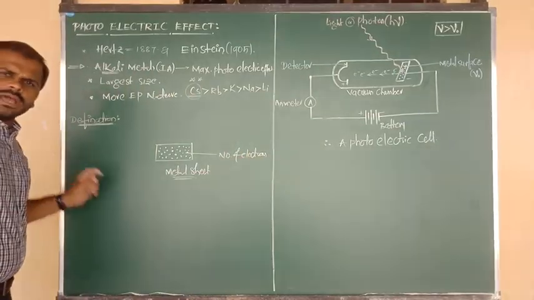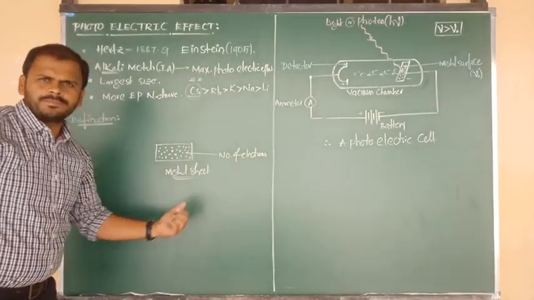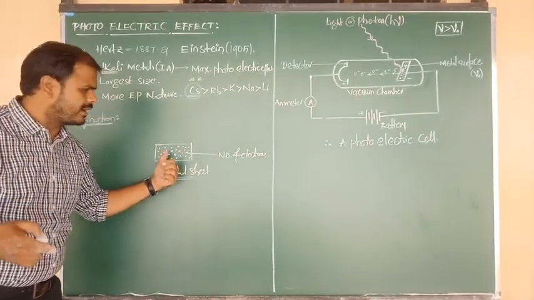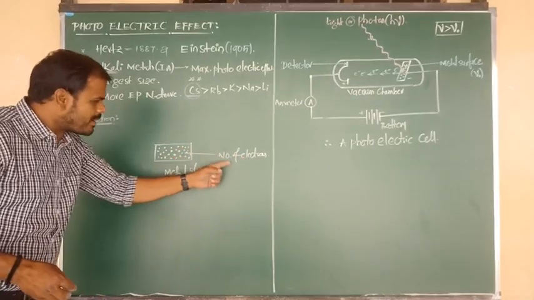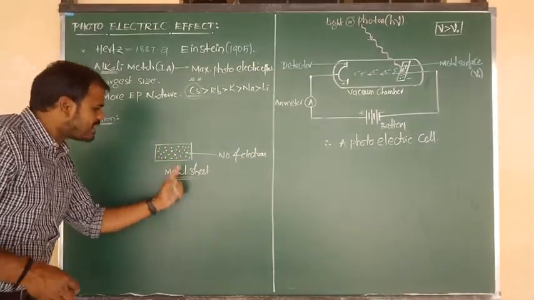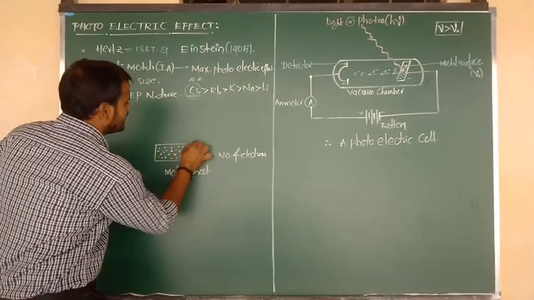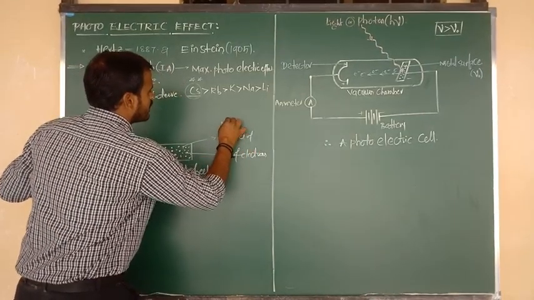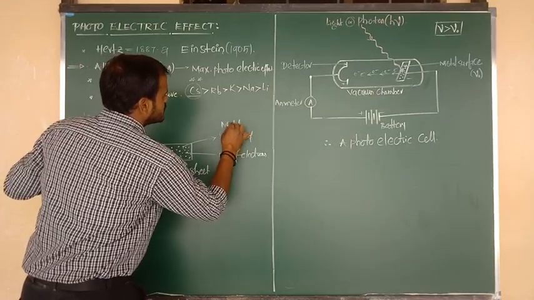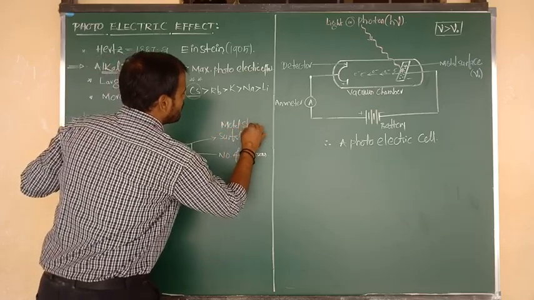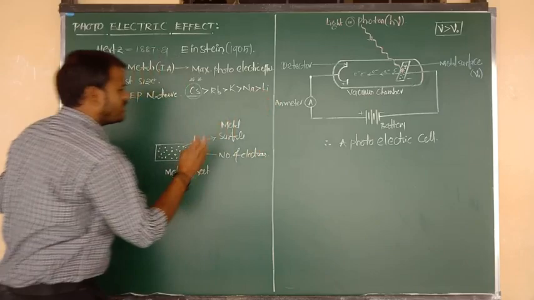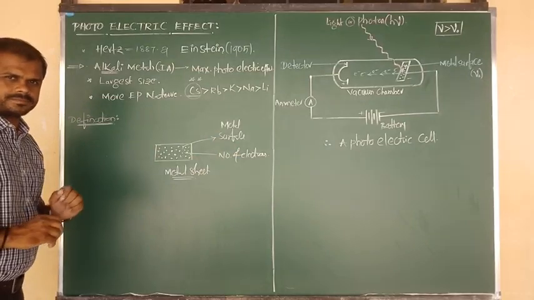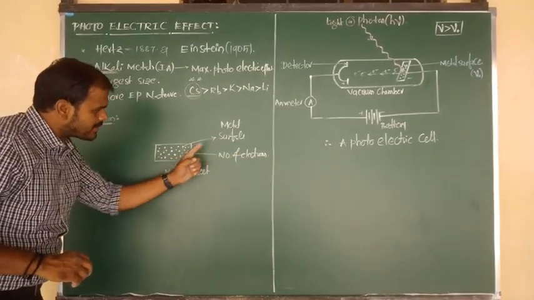Try to remember, it is a metal sheet, or we can say metal foil. It contains a number of metallic atoms, which means it contains a number of electrons. So a number of electrons are present in the surface of the metal sheet. I have to consider the metal surface. In the surface of the metal we can see the number of electrons. Now listen carefully. The number of electrons are present in the metal surface.